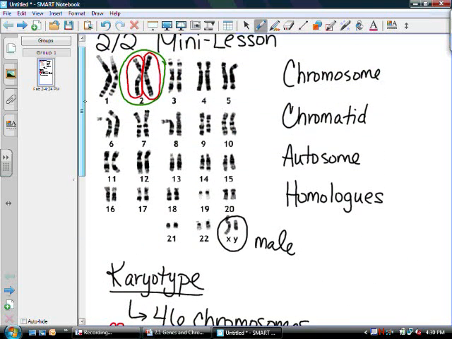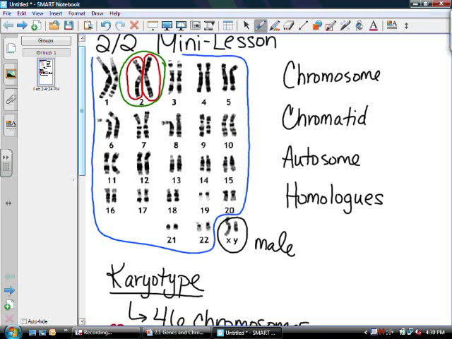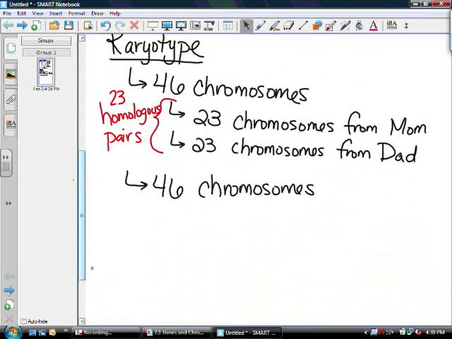We can say, okay, well, we have 22 chromosomes that don't really have anything to do with gender. 22 pairs of chromosomes. Then we have one pair that does. So we can say out of our 46 chromosomes, we have 22 pairs